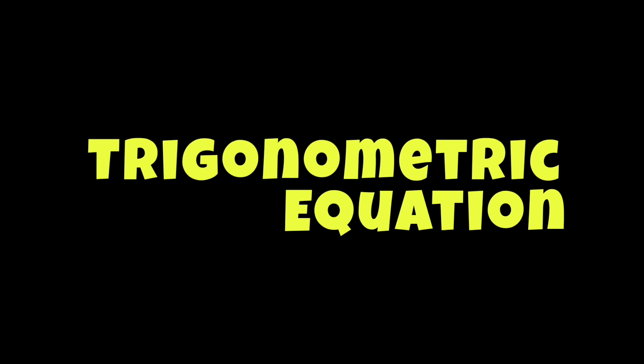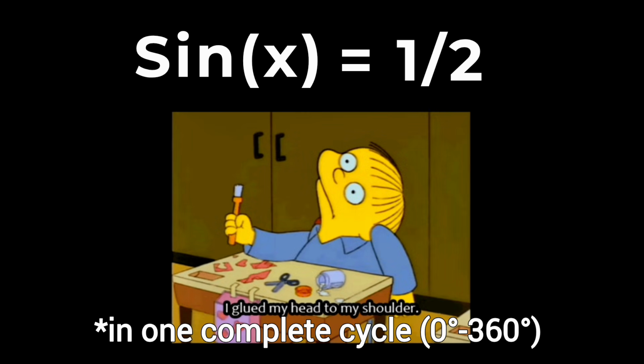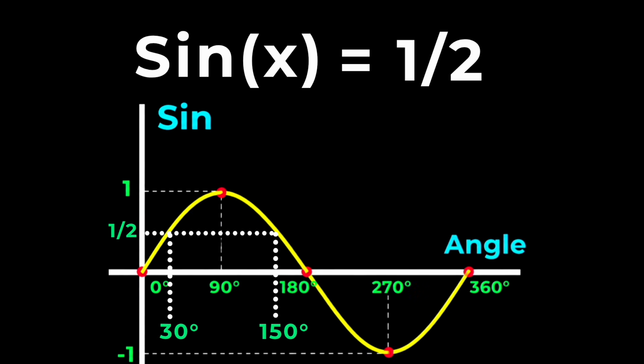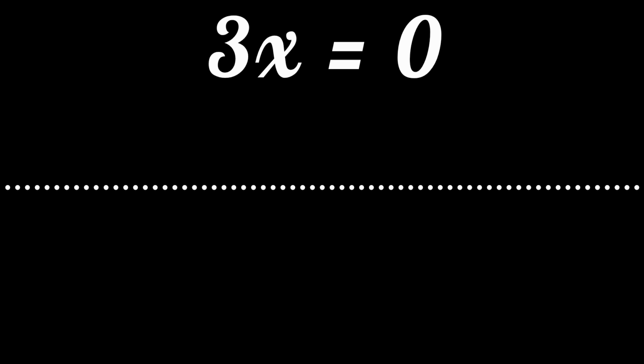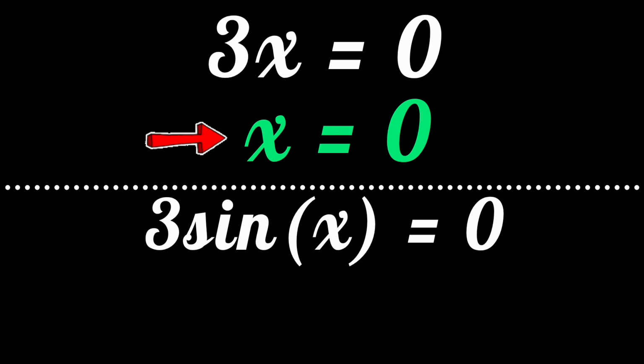Now let's solve a trigonometric equation. Suppose sine of an angle equals 1/2. Which angle satisfies the equation? 30 degrees works. But there is another one. 150 degrees also gives 1/2. Unlike many algebra equations, one trigonometric equation often has more than one